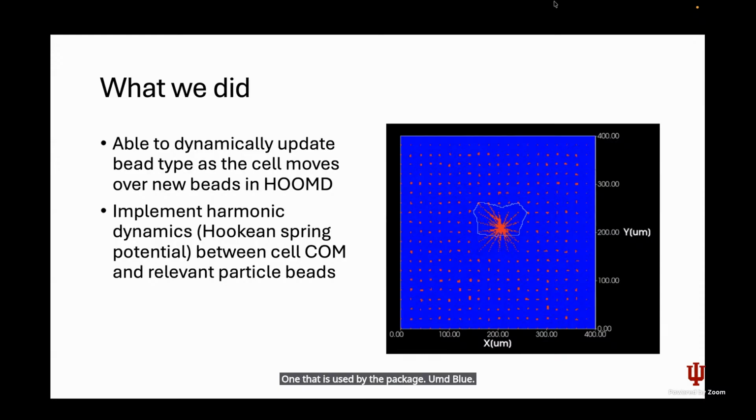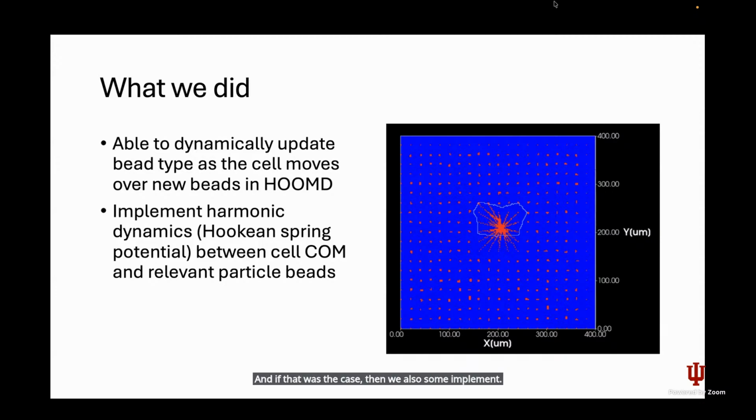And so, making those match up, we were able to run this loop that checks if the beads are overlapping with the cell. And if that was the case, then we also